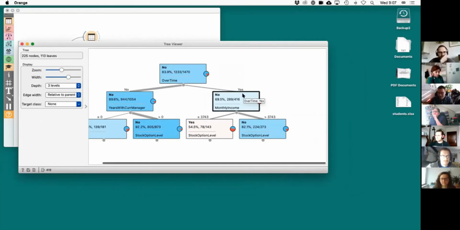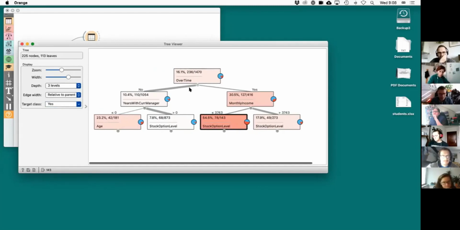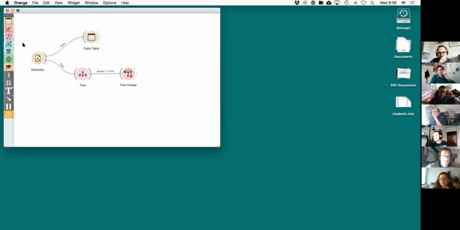Basically this says the attrition is raised for the people that work overtime and the people that earn less. That's what the tree is telling us in the topmost branches. But I'm not going to go into interpretation. I'm going to venture into interpretation in the second hour.